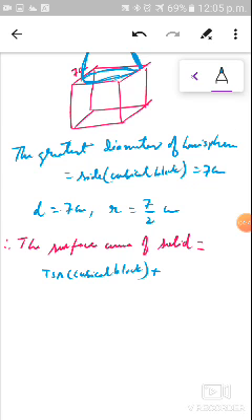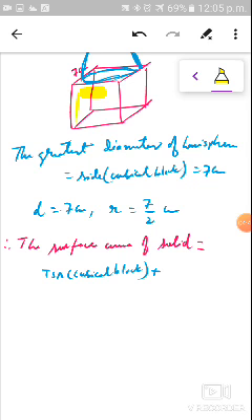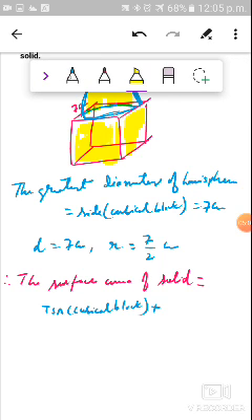You can see this is the TSA of the cubical block, right? Then the CSA of the hemisphere, which I am going to write. This is the CSA of the hemisphere, this portion is the CSA of the hemisphere, right? So let me write CSA of hemisphere, okay. And we need to subtract